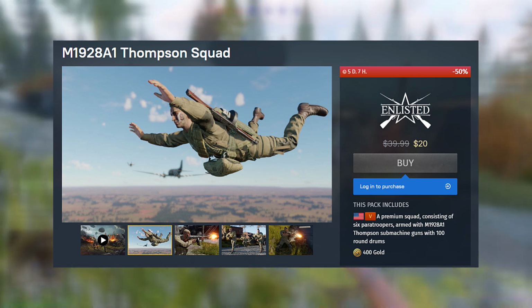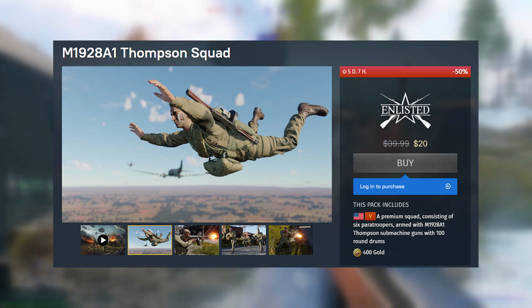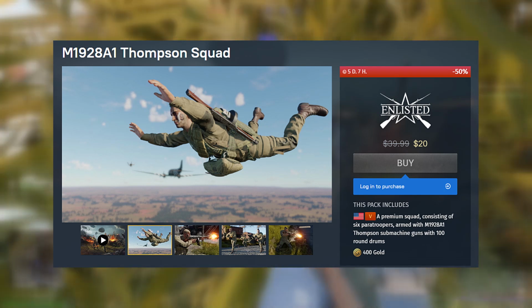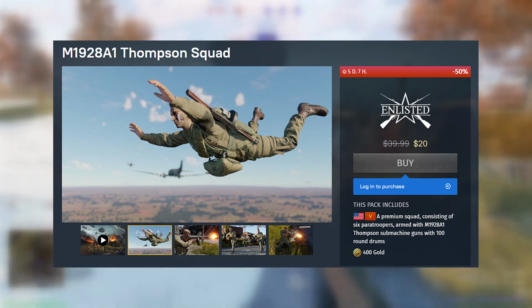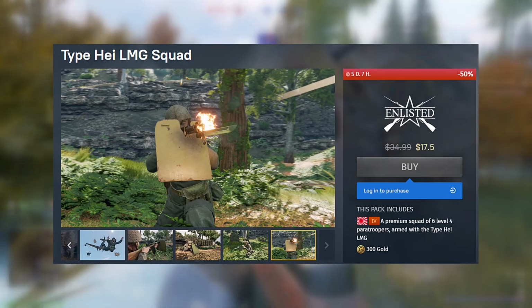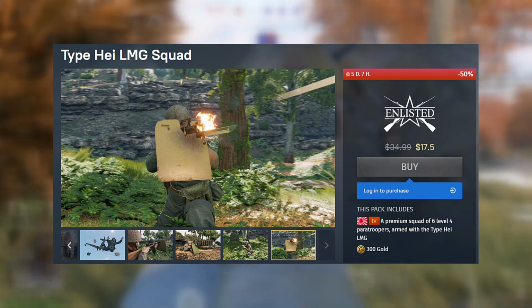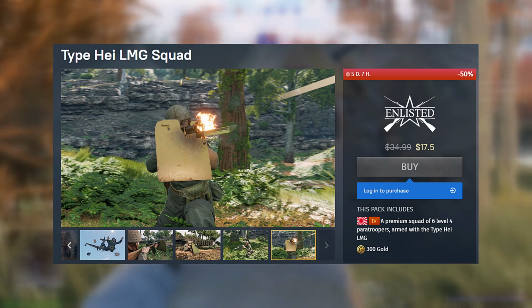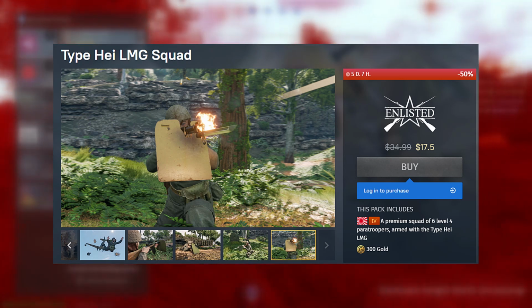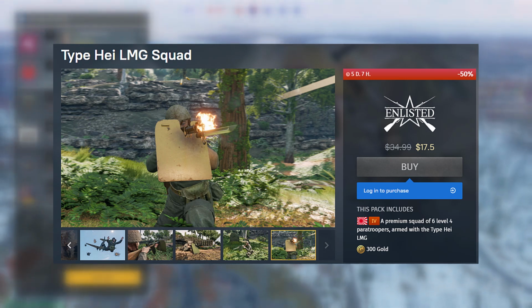The M1928A1 Thompson is a go-getter. Its original price is $39.99, but now it's $20, which is actually pretty good. The other squad that is actually much more OP than that is the Type Hay LMG squad. This, although a Type Hay, is a paratrooper squad with the Type Hay LMG, and this squad essentially comes in with a front shield on their weapons, making them extremely hard to kill, and is only around $17. Now, in my personal opinion, I think this is much better than the M1928A1 Thompson, but that is very speculative,